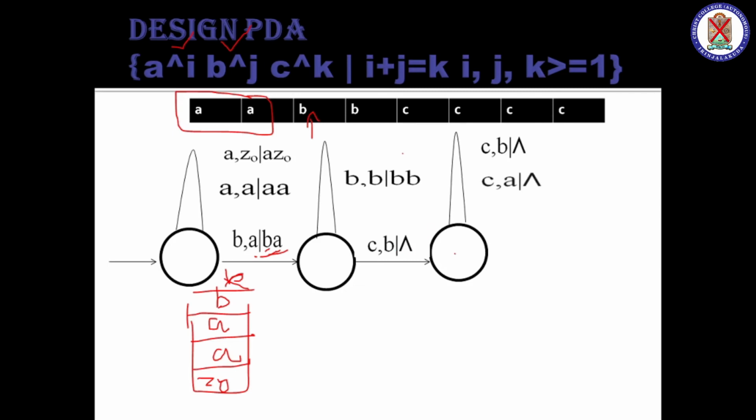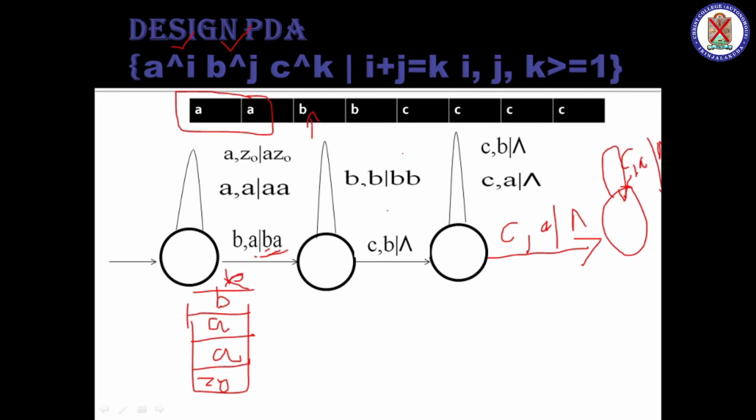Here we can take a mix-up. You can specify it as a different transition. For example, you can specify here C, A, epsilon, and also here C, A or epsilon. This is also correct, but look here, we have already inserted first A's, then B's. Then obviously in your stack first you will have B's, then you will have A's. So you must not check again. You do not need to draw two transitions. If you draw, that is also correct, but it is not needed. You can check it as a loop.